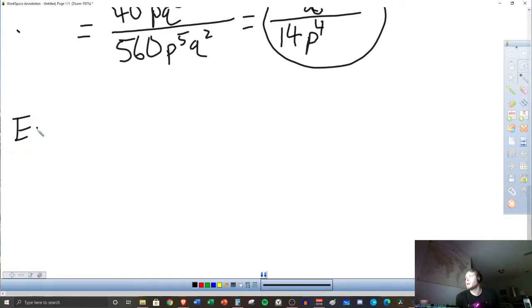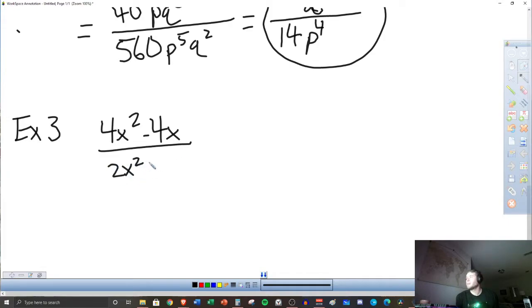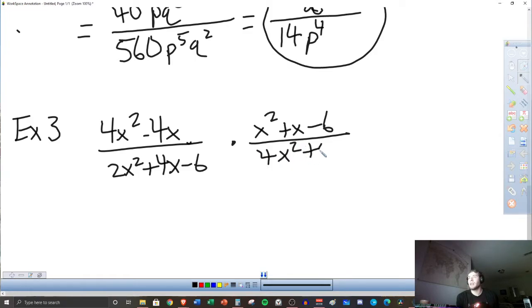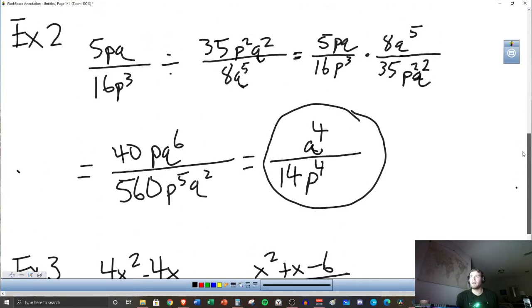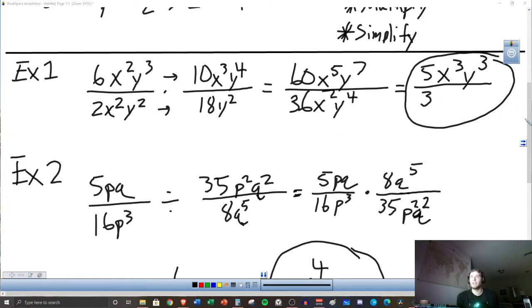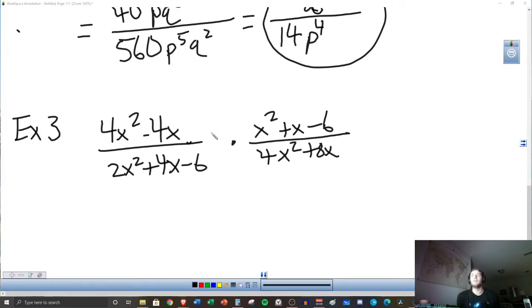So example 3, we have 4x to the 2nd minus 4x over 2x squared plus 4x minus 6. And then we have that multiplied by x squared plus x minus 6 over 4x squared plus 8x. Now, before you go rushing in and multiplying these like we did up here, just straight across,